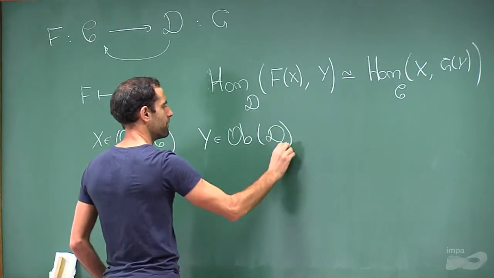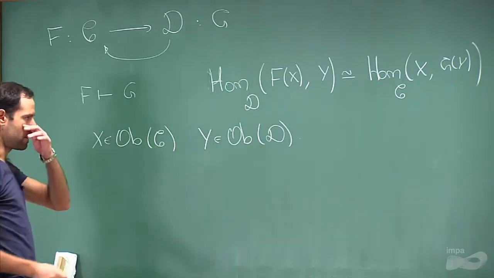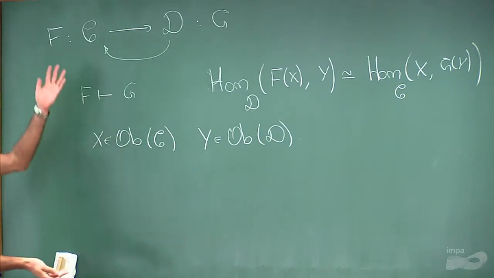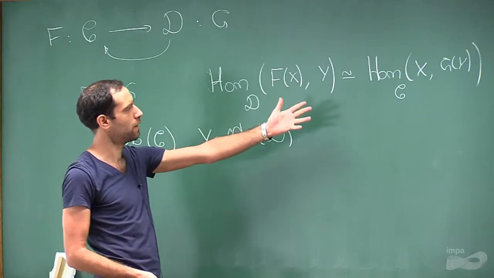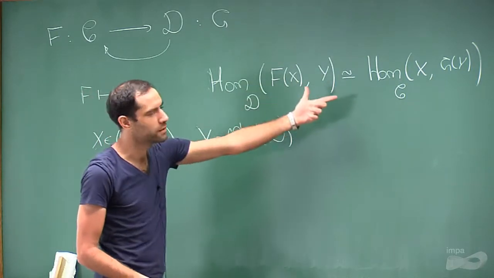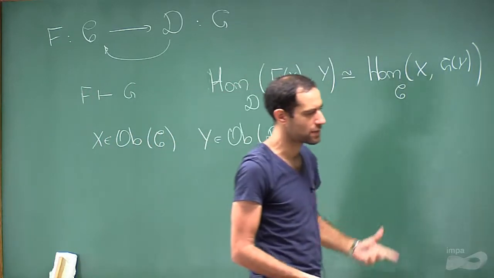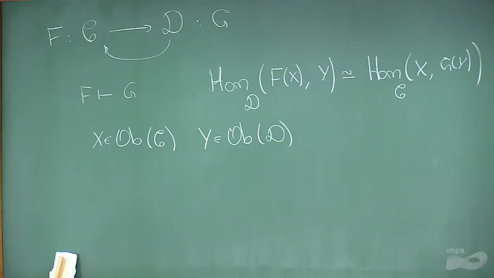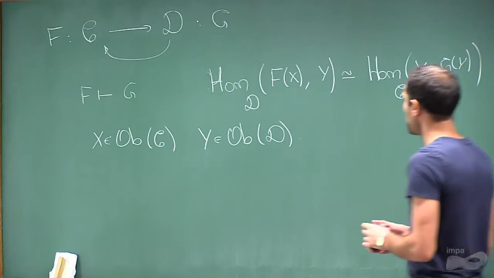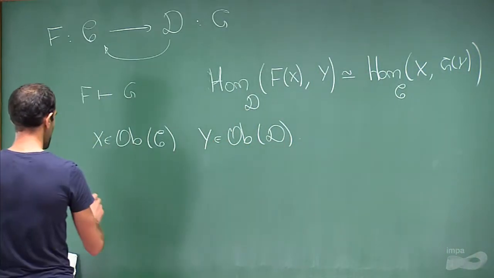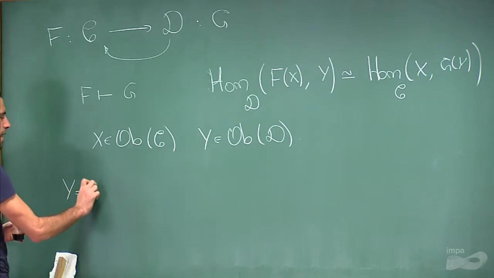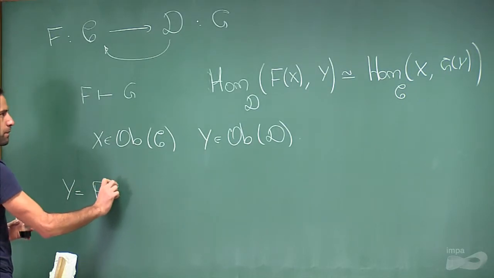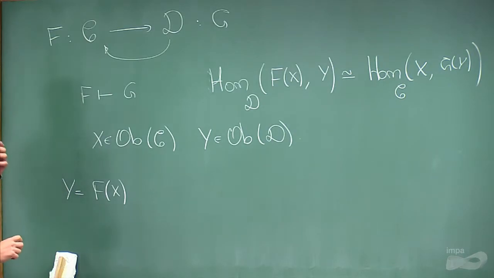Here x is an object in C, and y is an object in D. And these were natural in the sense that if you had morphisms in C and you had morphisms in D, then this natural isomorphism was compatible with those morphisms. We wrote some diagrams that commuted. But in particular, we looked at the example where we take y to be f of x, for example,